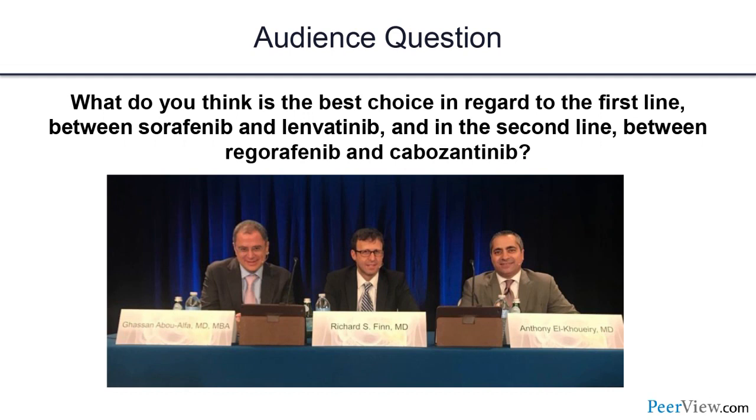Yeah, so it's a good question, and certainly I think we're going to see as the Lenvatinib data is published and we look at that closer, that there might be a population of patients that might benefit greater from Lenvatinib versus Sorafenib. I think the response rate is very intriguing, and that has to be balanced against what is your continuum in second line. I mean, obviously all the second line studies have been done after prior Sorafenib, right? And so there's a leap of faith, I guess, to some degree that if you start with Lenvatinib, is the sequence to Rego going to behave the same as Sorafenib to Rego? And no one can answer that question without prospective data,